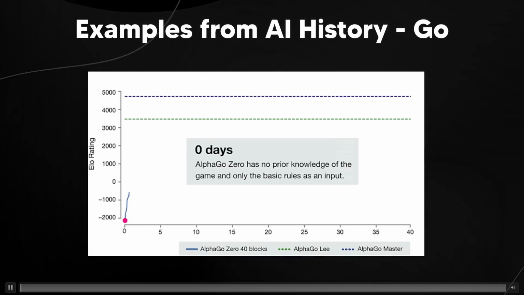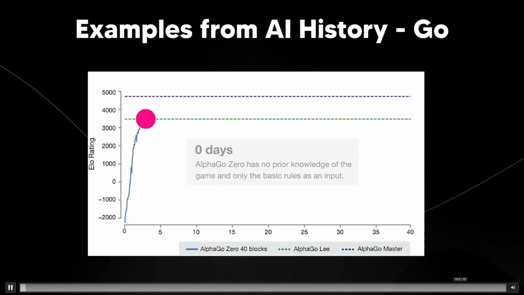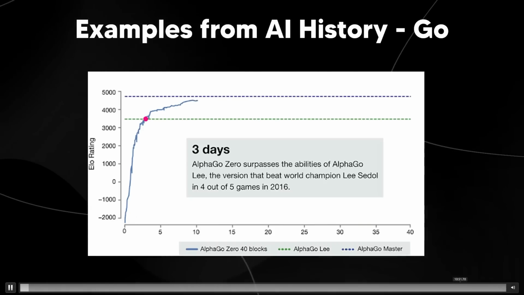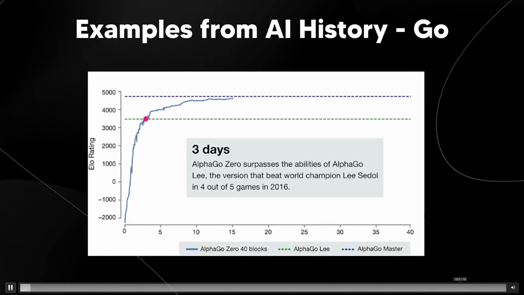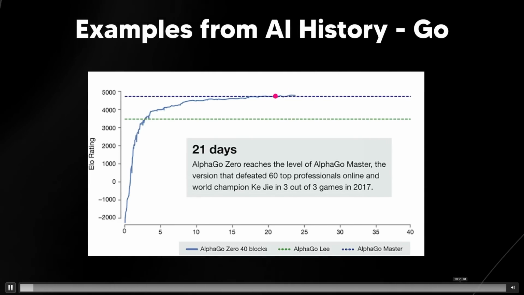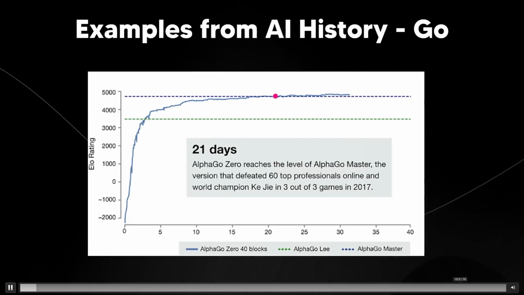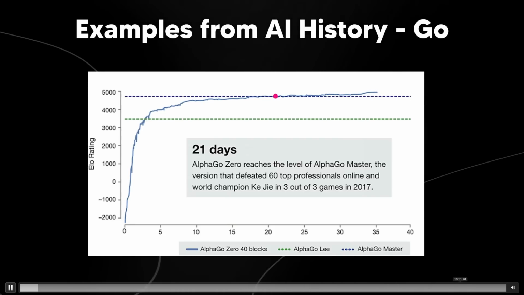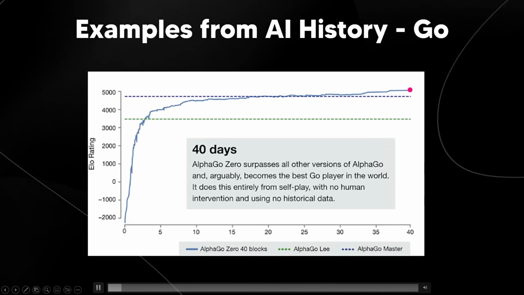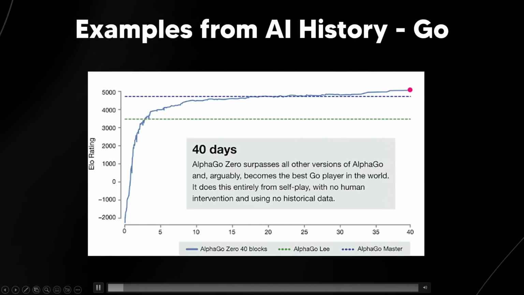Another example was, of course, the very famous AlphaGo. So essentially, AlphaGo initially trained on games played by humans. It then became superhuman, defeating the world champion Lee Sedol, and it utilized a combination of human data and self-play. Then, of course, we had AlphaGo Zero and synthetic data. AlphaGo Zero, the next iteration, used no human data, and it trained solely through self-play, which is a form of synthetic data. It actually surpassed AlphaGo, demonstrating more advanced strategies.